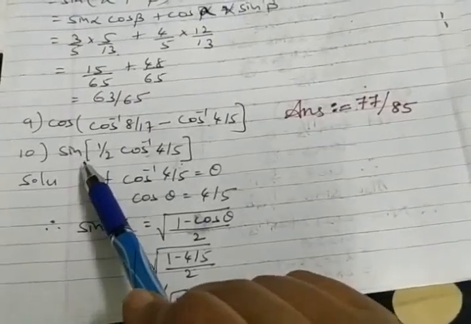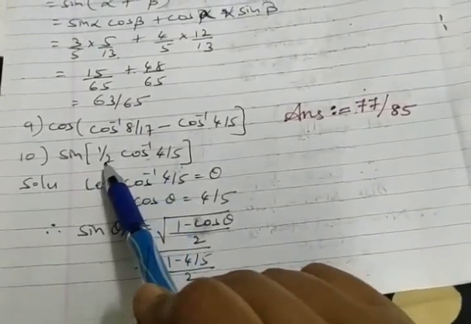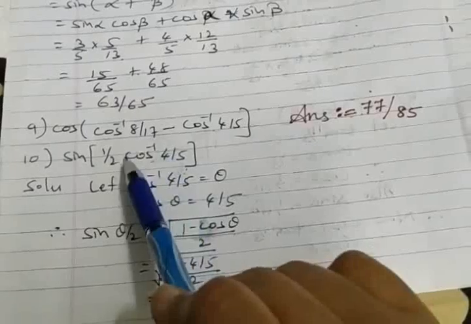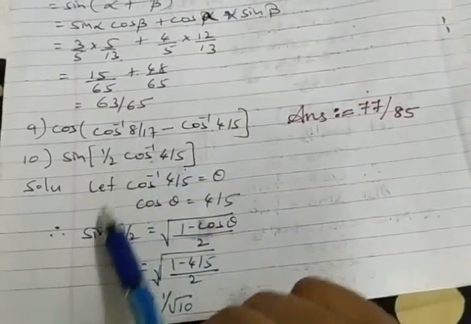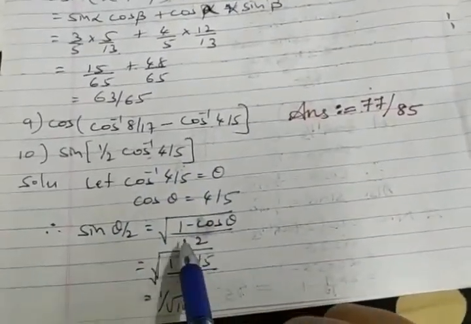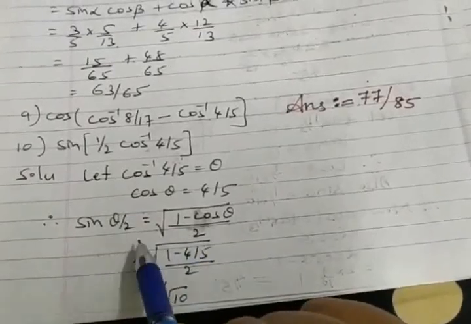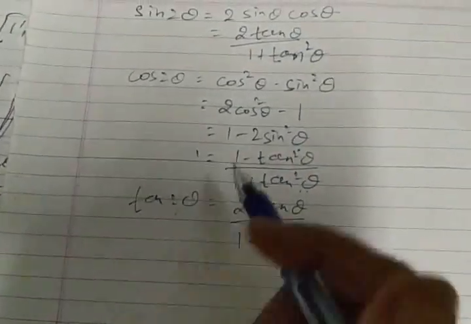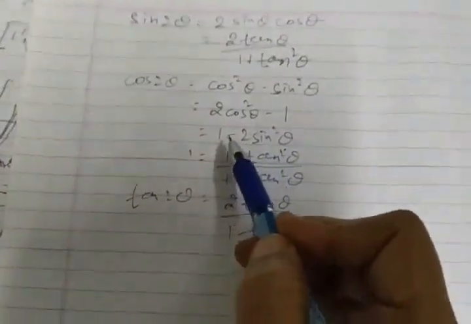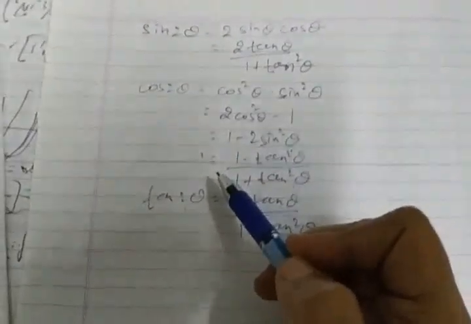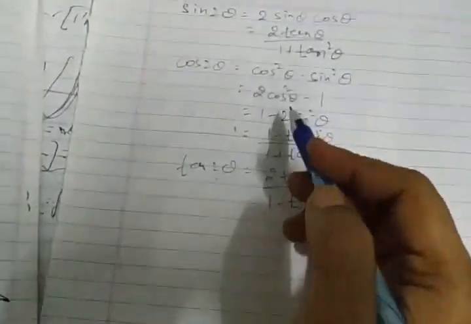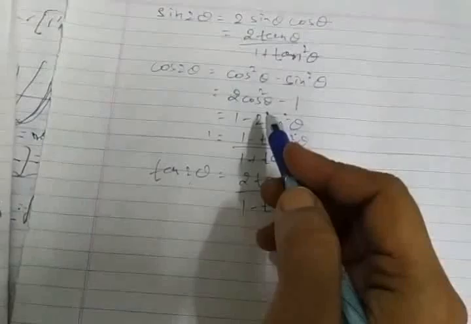10th question is given here. It is sine of theta by 2. Which formula comes to mind with sin theta by 2? Please recollect a very important formula, I should say. Remember this formula. We had already done it in compound angle, but it has to be taken. What's the formula I had to take here? 2 sin square theta by 2.